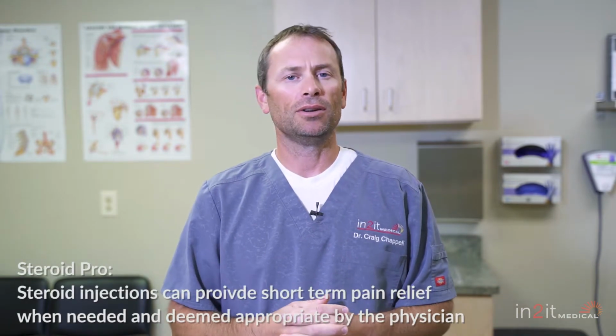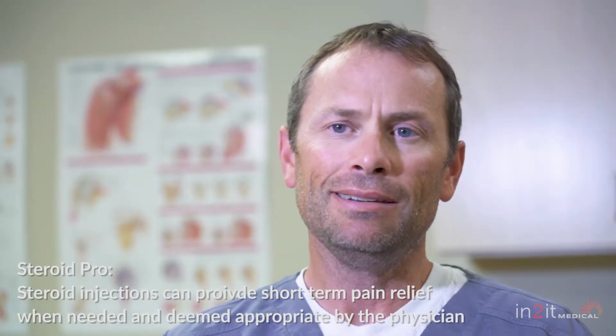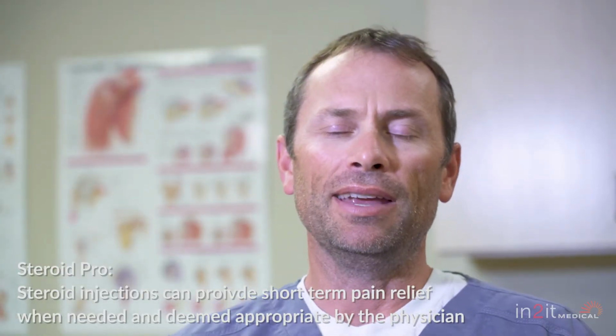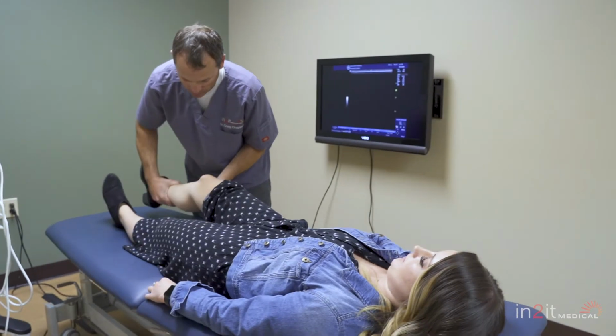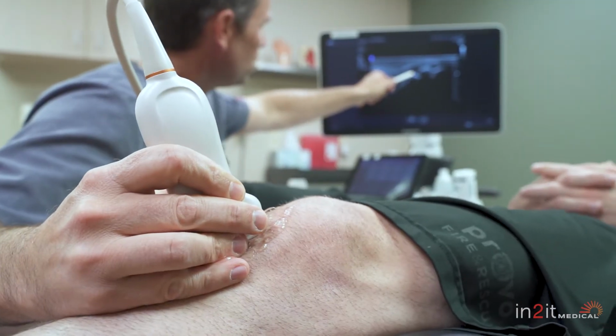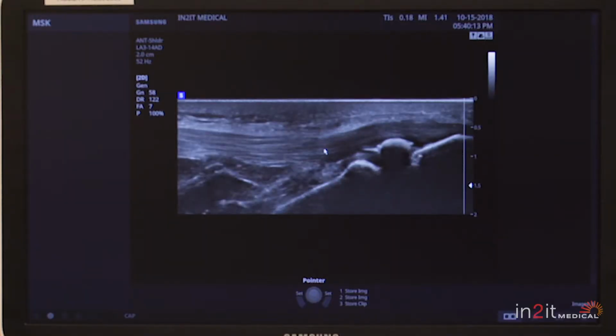come in and they wanted to go to Alaska on a cruise. They planned this for their lifetime, and they have this knee osteoarthritis flare, and they can't get around, they can't get on the boat, so they're super worried that they're not going to be able to go on the trip. So in my opinion, that would be an appropriate use of a steroid. We buy them some time, we get them out of pain for 3 weeks to 3 months, and that is helpful. As far as the problems with that, there aren't a great deal of problems with it other than it's not promoting longevity, but that would be the appropriate use of a steroid injection in conjunction with diagnosing